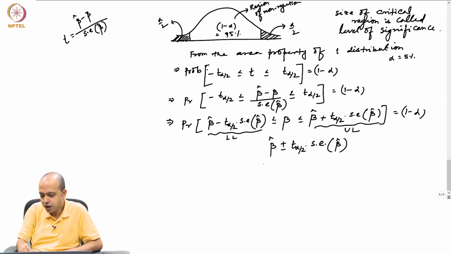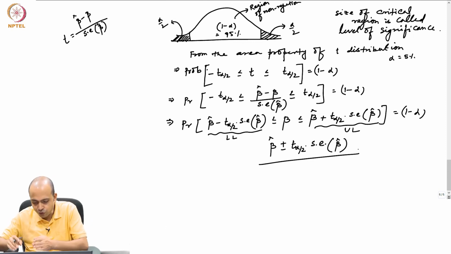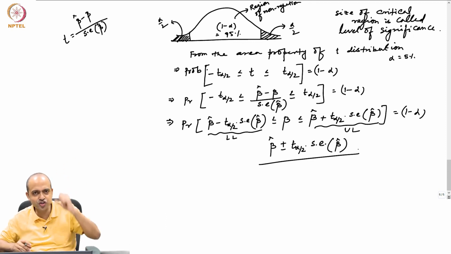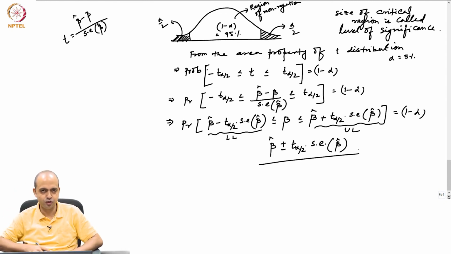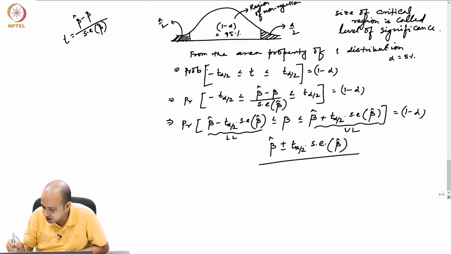This is the formula I am following, and following this formula I am constructing 100 such intervals from 100 different samples, because 100 different samples will give you 100 such beta hats, and standard error of beta hat I will get from the probability distribution. Then if you construct the intervals, out of 100 intervals, 95 of such intervals will capture the true value of beta. What I am saying? If you construct the interval following this formula, 95 of such intervals